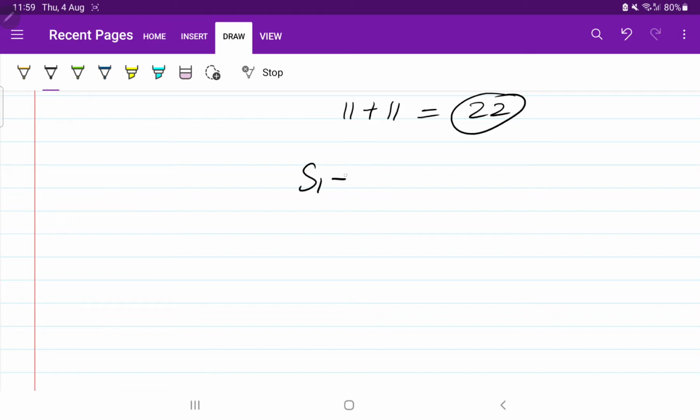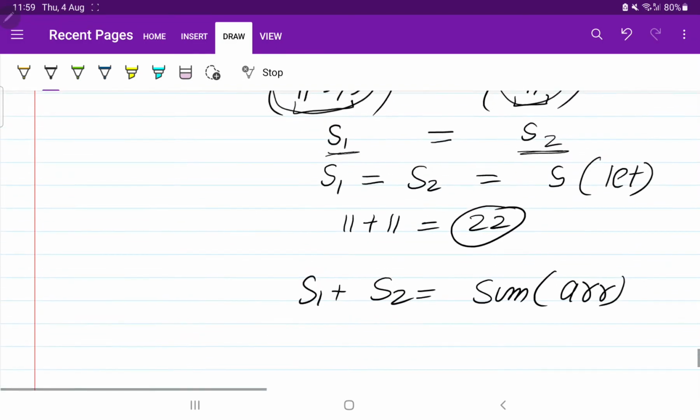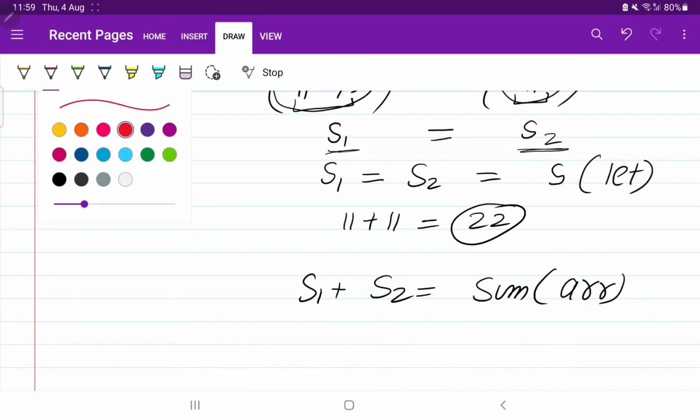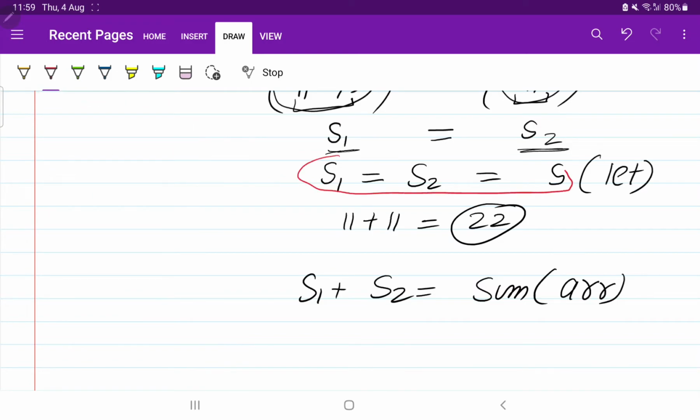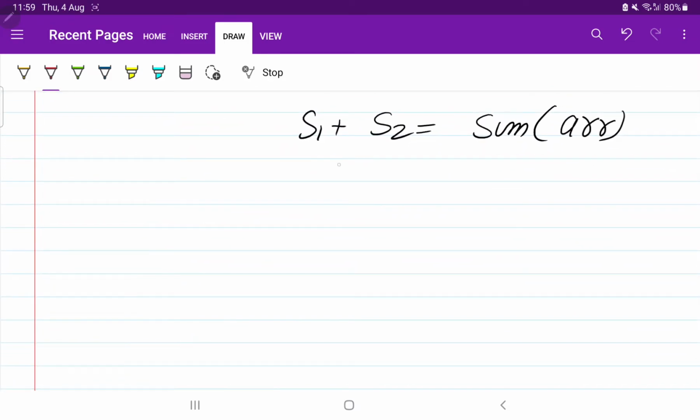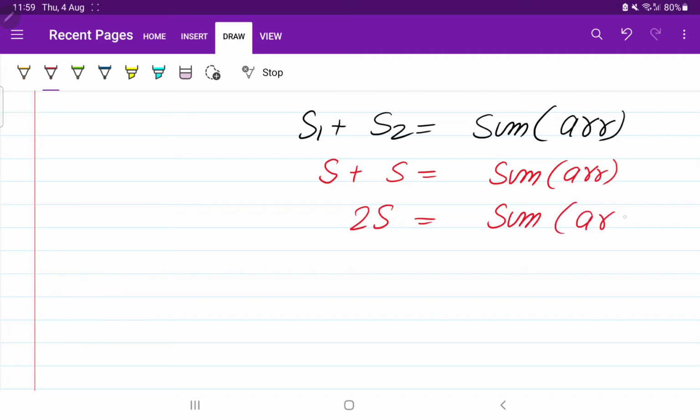So S1 plus S2 will be equal to the sum of the array. And we know that S1 will be equal to S2, as we mentioned that S1 and S2 are both equal to S. So we can write S plus S is equal to the sum of the array. So we can write 2S is equal to the sum of the array.